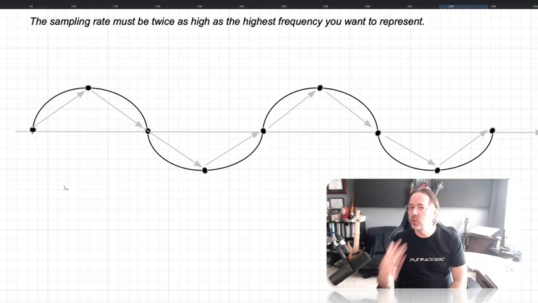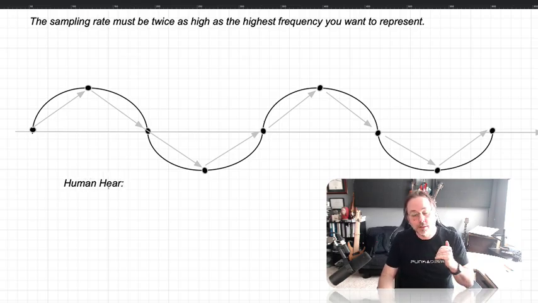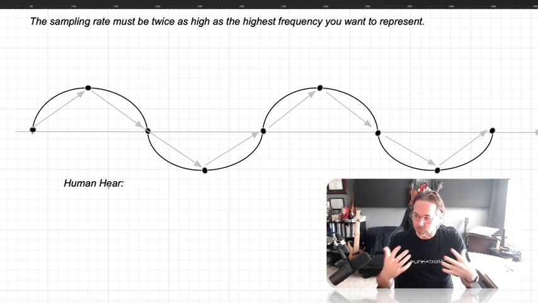Okay, so what frequencies do we really need to capture? Well, humans hear the lowest notes that we can hear generally, and I should preface this by saying this is different for every person. Everybody is different, and there's a lot of factors that play into your hearing. If you are older and have played in a whole bunch of rock bands, like this guy, the upper range of your hearing is going to be a lot lower.